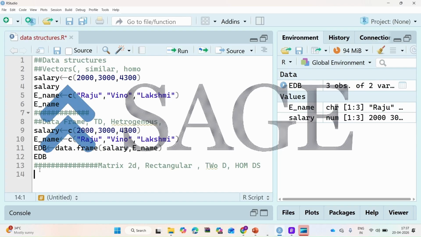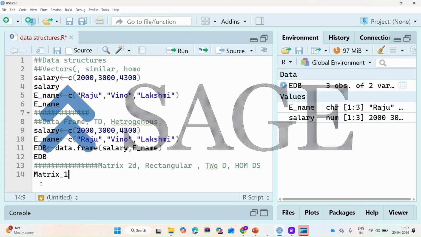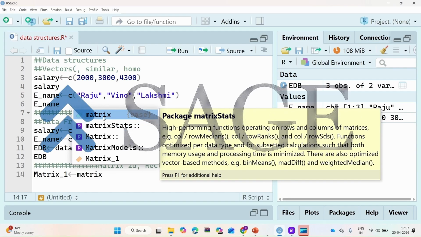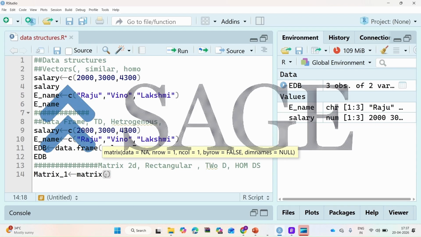So, let us print a matrix. Assume that I am creating a matrix, I am just naming it matrix 1, and you are assigning some matrix to the variable name matrix 1. The keyword to create a matrix is matrix. Inside that, you could see the keywords coming up for performing matrix operations. So, open a bracket to write the code, concatenate, so you are inputting your data. You can also use the sequence operator here. So, these are the data which I am using, and also